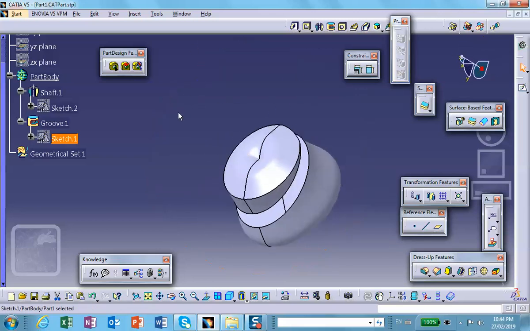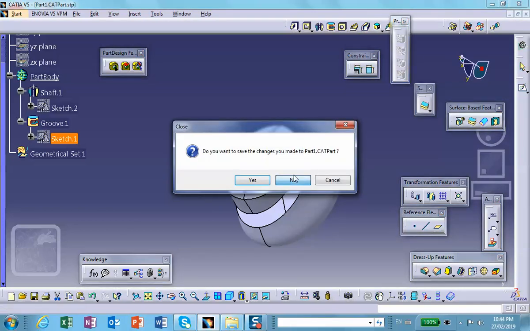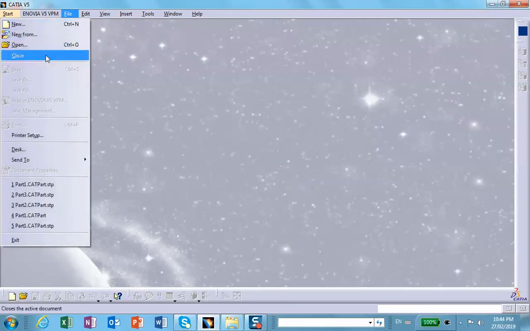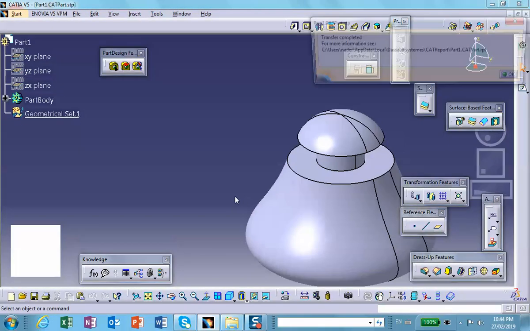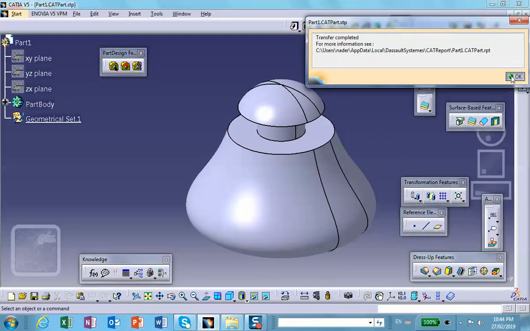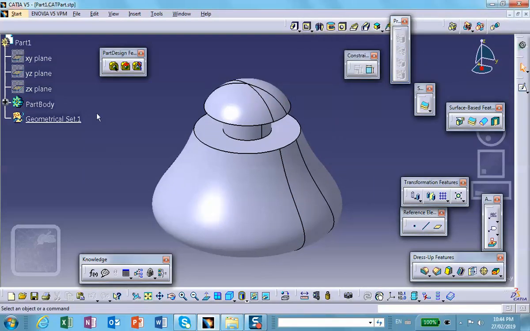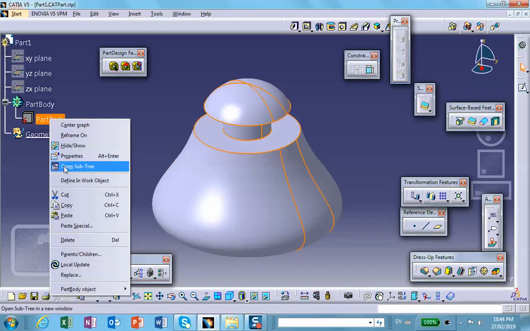Now, I want to open up that same step file a different way. So let me close this. I don't want that. File, open. Remember the step file that we just worked with? I'm going to open it a different way, and there is a reason. Let me make this thing active. All right, feature recognition, but I don't want to do it in terms of groove and shaft. I want to do it in terms of Boolean,